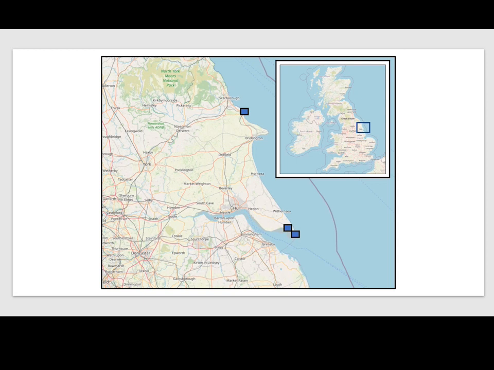Well, it all starts in Yorkshire. So my PhD was heavily linked with Spurn Bird Observatory, which is the bottom right-hand square. And I also did some sampling of wild birds during mist netting at Filey Bird Observatory at the northern square. And then this third square is about a different approach that we take, which I'll go on to next.